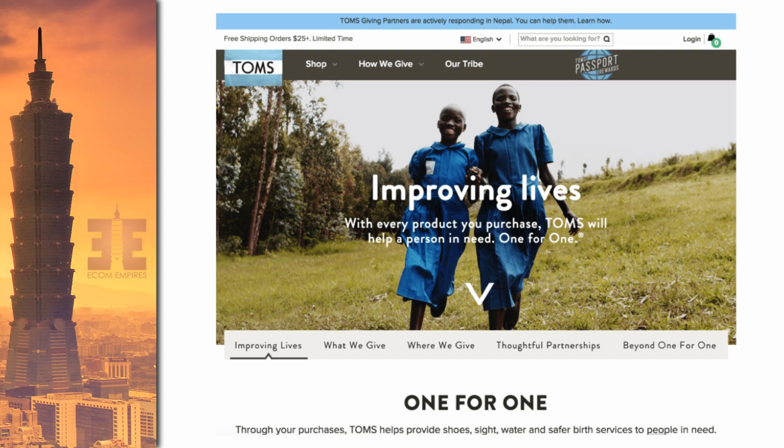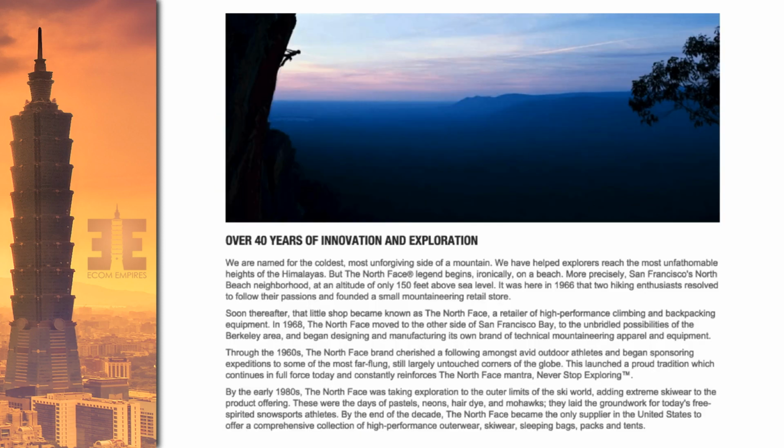And the big words, improving lives, that's their business mission. That's their vision and their story that they're creating right from the beginning. They're making the audience feel part of it, right? That's their marketing message. That's their angle. North Face. Here's an example from North Face. Again, I don't know if it still looks like this, but